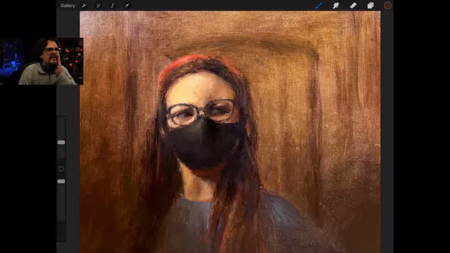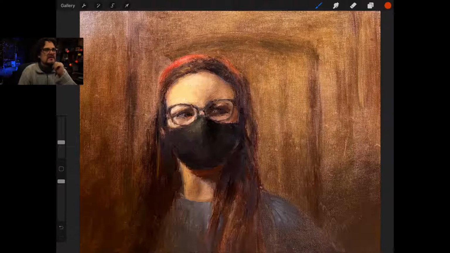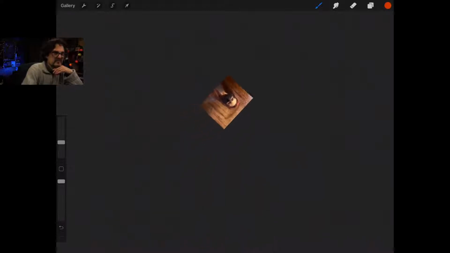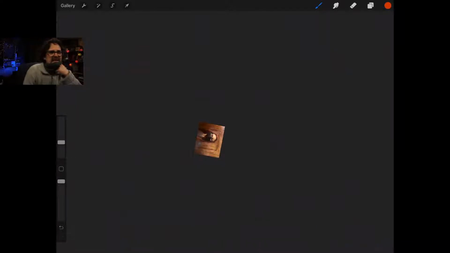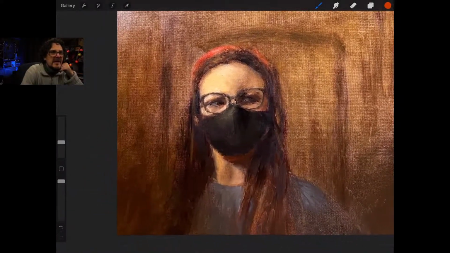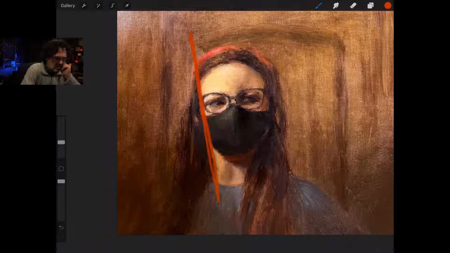So I want to show a couple of things here. Again, this is a little bit abstract, but so important. A big part of the strength of this painting. All right, look, I mean, we go right to her. And everybody's going to say, yeah, because her forehead's the brightest. And you're right, it is. But the mask is also the darkest. The mask is also the darkest. And you know what? Boom, look how strong that is.